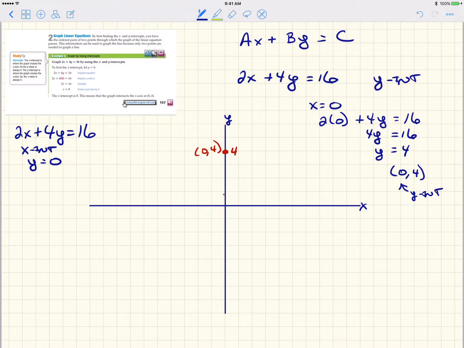Let's do some math. I have 2 times x plus 4 times 0 equals 16. Well, 4 times 0 is just 0, so 2 times x equals 16. What does x equal? I'm going to divide each side by 2. x equals 8. So this means that the x-intercept,